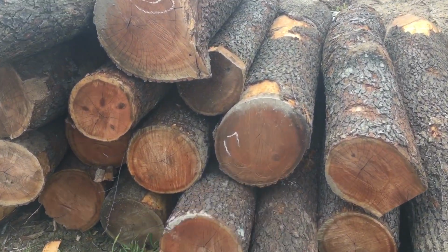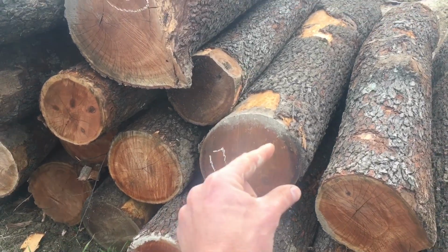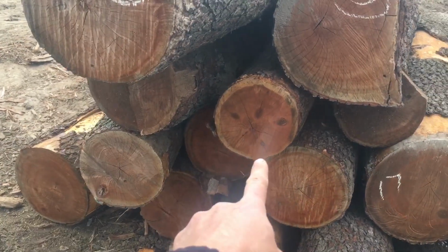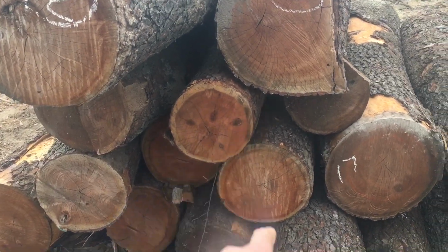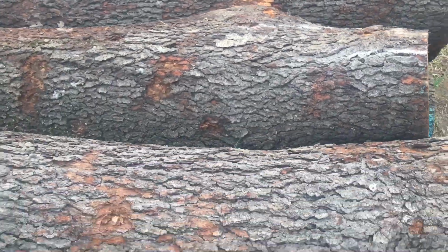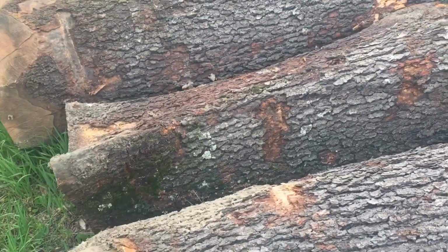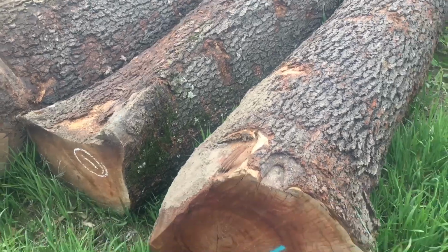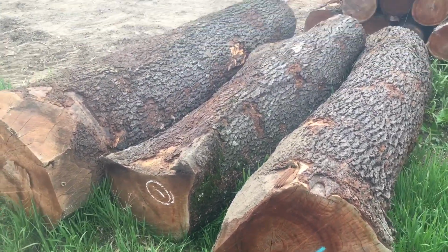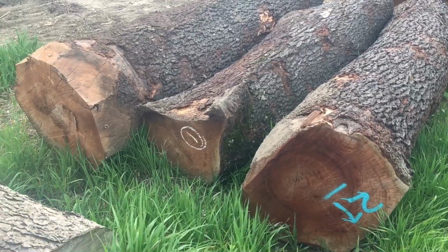Some of these, like something like this, would make a nice side table. Log there, that's pretty decent. Get a couple nice slabs there out of the center. And then we got some really small ones. Those will make really cool charcuterie boards. Then we got a couple bigger logs in the 20 plus inch range. These will be slabbed for bigger tabletops,